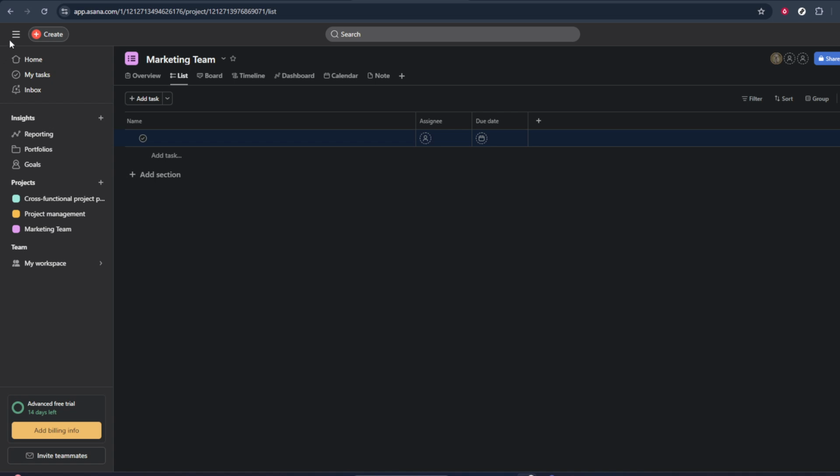Once you've decided between a blank project or a template and made your selection, simply follow the on-screen prompts. Asana will guide you through each required field step by step. You might be asked to confirm the project name, choose who has access, and tweak a few basic settings such as the default view, like list or board. Just move through each prompt carefully, and when you're done, Asana will create your new project for you. From there, you're ready to start adding tasks, assigning work, and organizing everything your team needs in